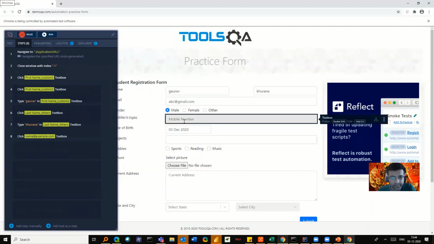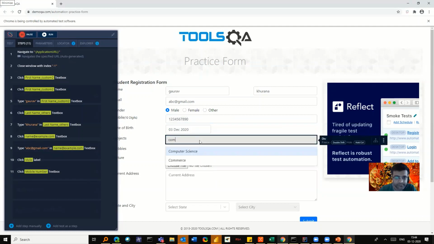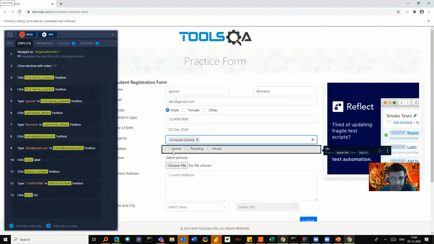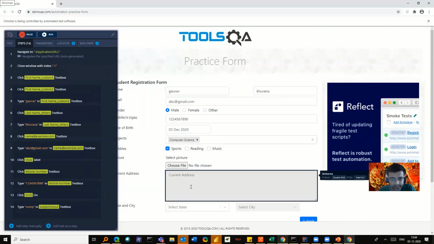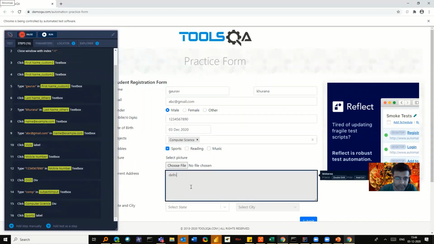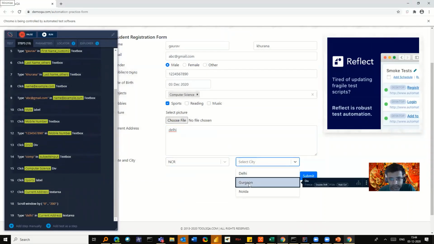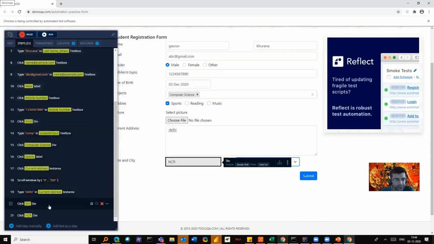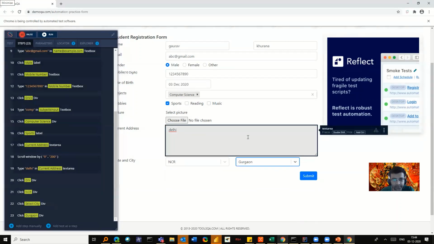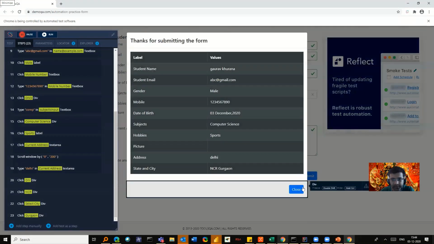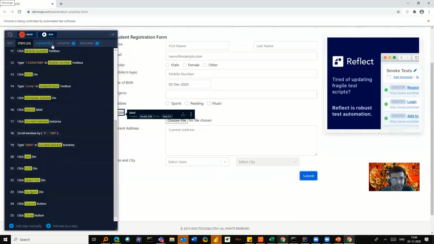If you notice on my left hand side, the data is getting automatically filled. Let me select sports. I can put Delhi, so the state is NCR, and let me put Gurgaon. If you see, all the steps that I did were filled by it. Let me click on submit, and I'll click on pause.